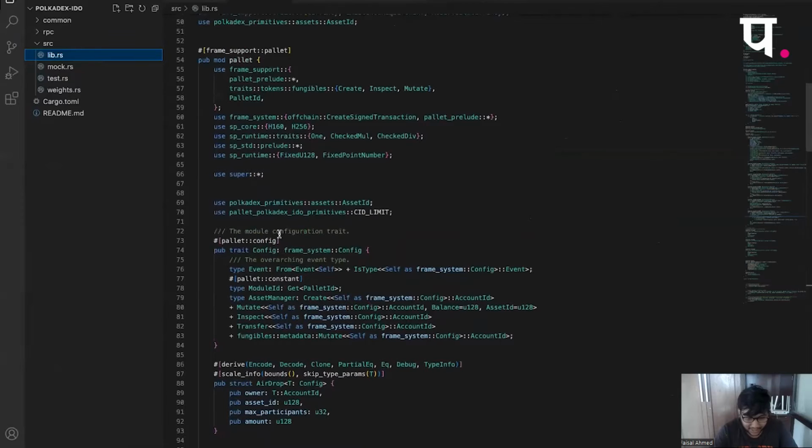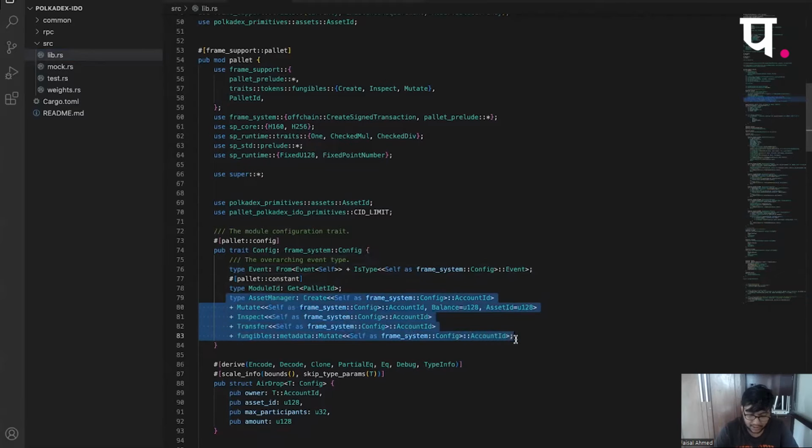So basically, I have this config of the palette. It is super small. I am just using this event, which is sort of boilerplate code. And I was initially going to use this module ID. So this is like the account for the palette. A lot of palettes use this for something like a custodian account. So ideally, I wanted anyone who creates a drop to transfer it to the custodian account and the custodian account sends it. But I didn't have enough time to implement this. So I think we can ignore this.